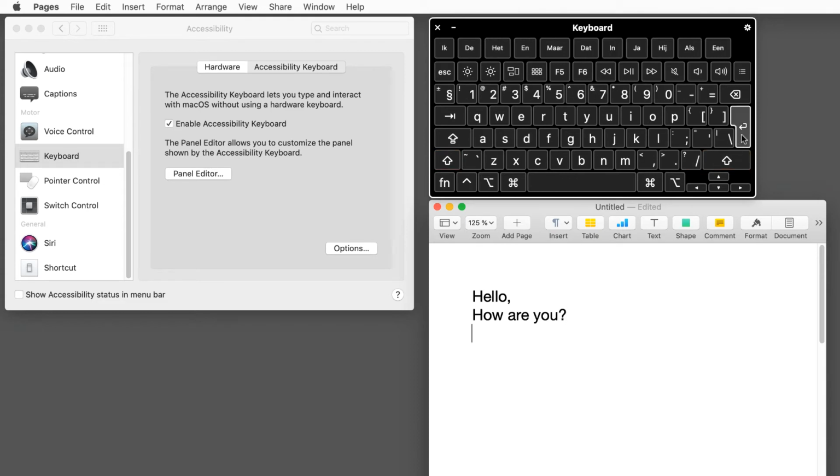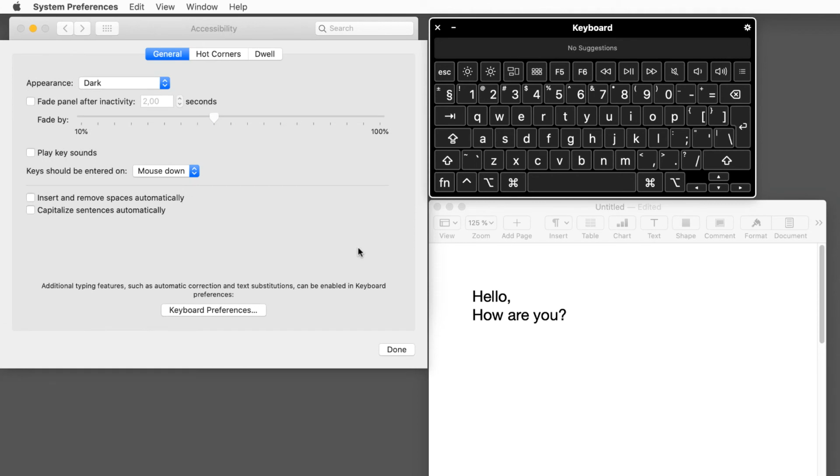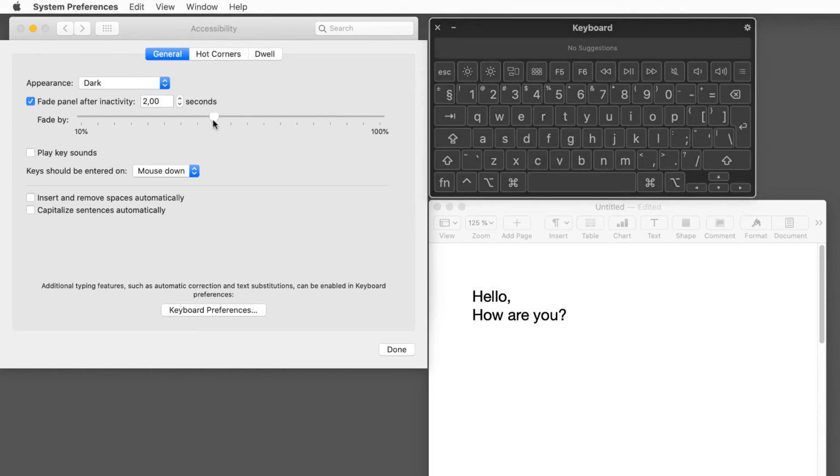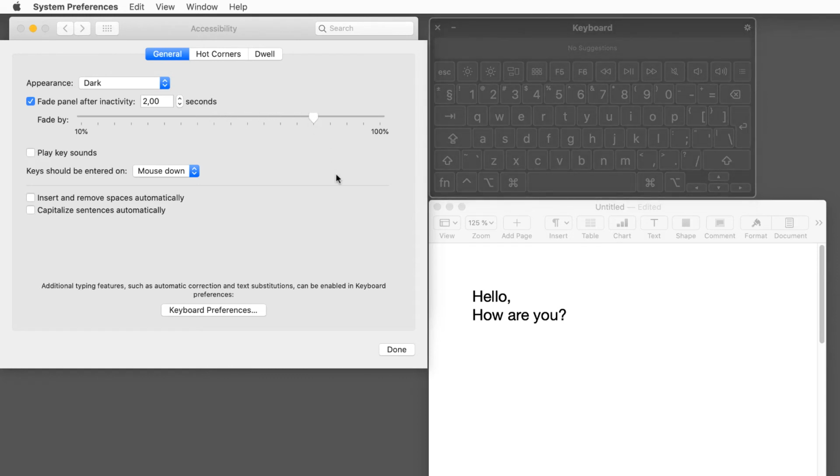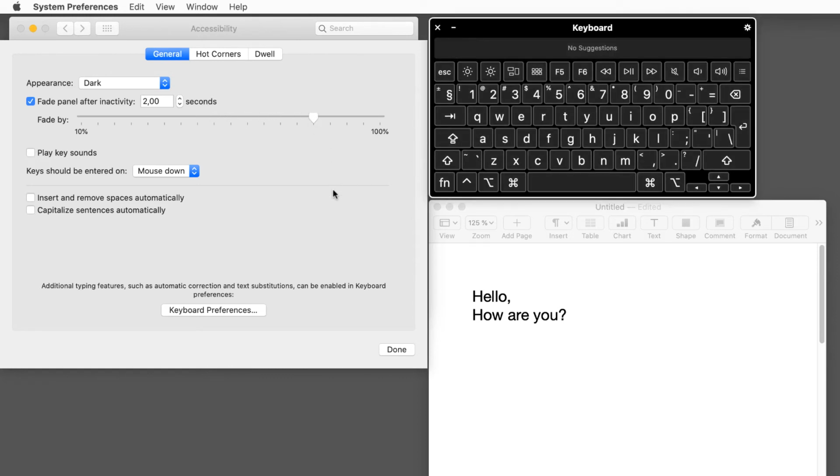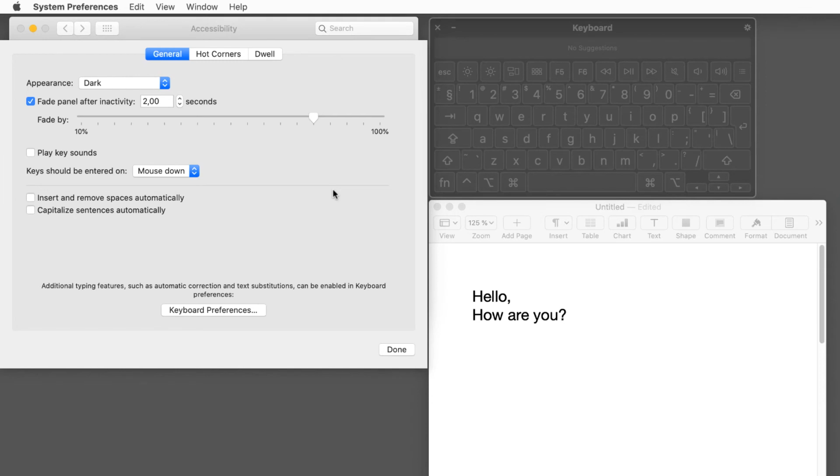To configure your panel, click the Options button. The Options dialog will open. You can define the number of seconds after which the panel should fade automatically. The slider allows you to set the level of transparency when fading. There is an option that gives sound feedback when keys are pressed.